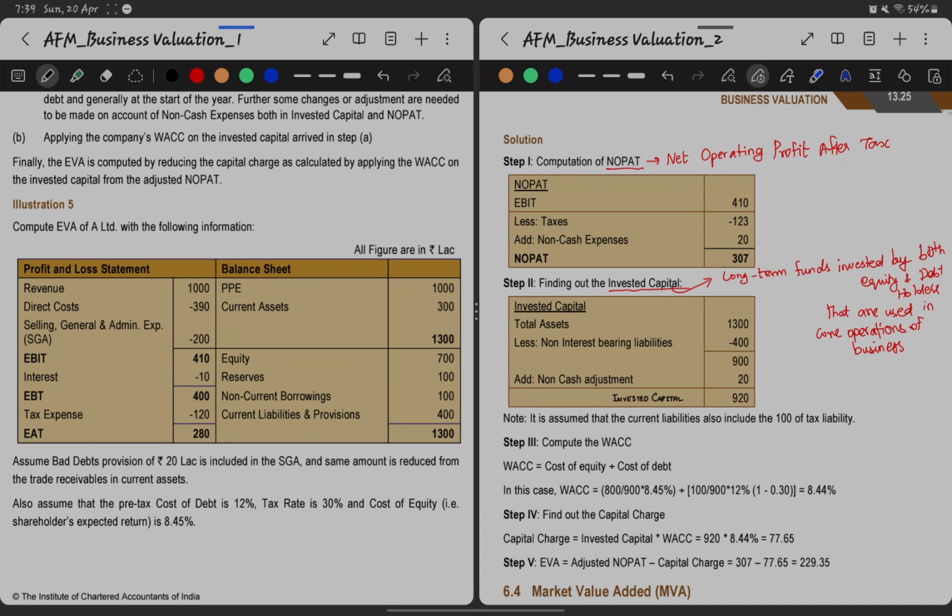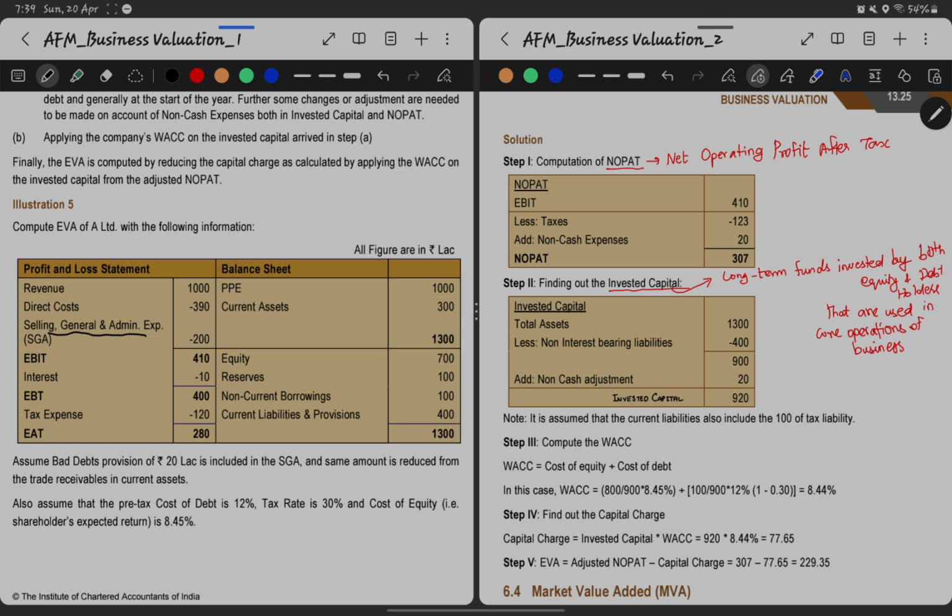Compute EVA of A Limited with the following information. Profit and loss and balance sheet of A Limited is given, and assume bad debts provision of 20 lakhs is included in the SGA, and the same amount is reduced from the trade receivables and current assets. SGA is nothing but selling, general and admin expenses, and this bad debts is removed from the balance sheet item